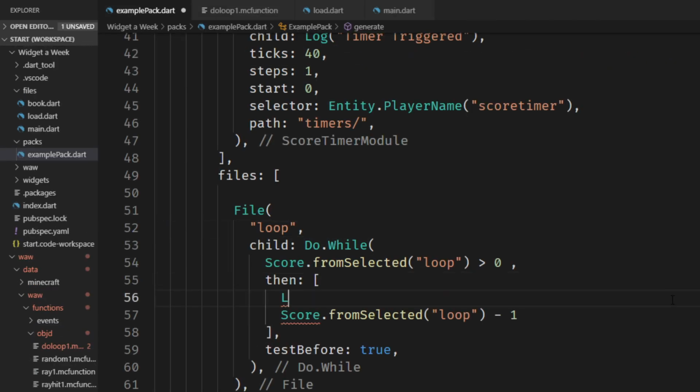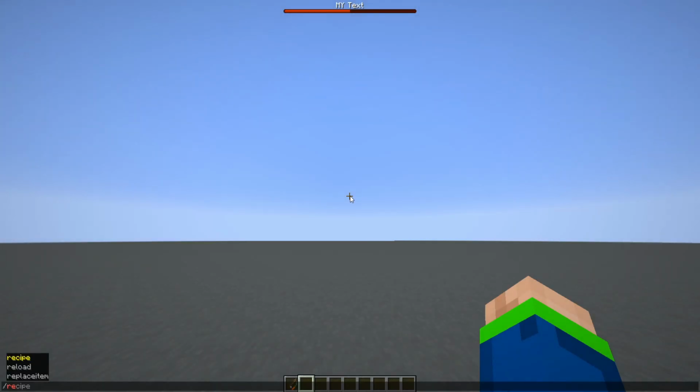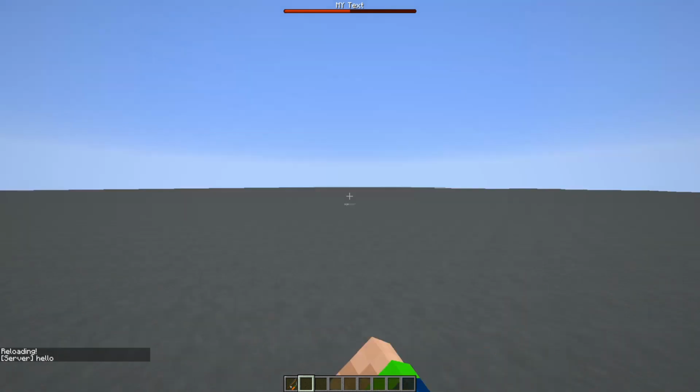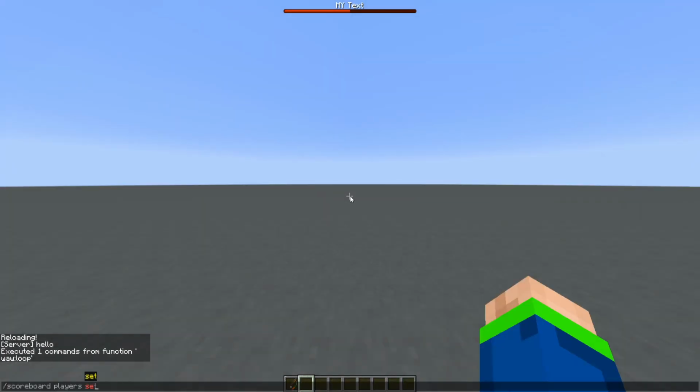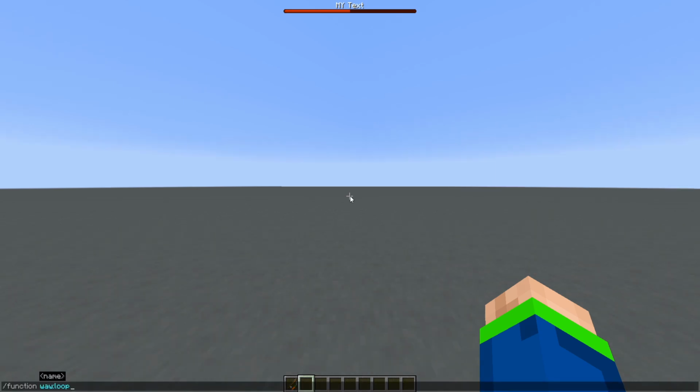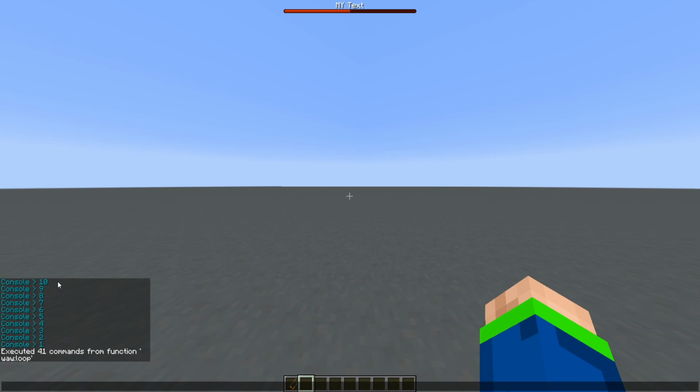Oh, and maybe we should also log this scoreboard here. So let's include the score in the log widget right here to see the values in the chat. So let's reload it again here. Scoreboard players set as loop to, let's say, 10. And now if we call the function, we can see instantly it logs all of our numbers here